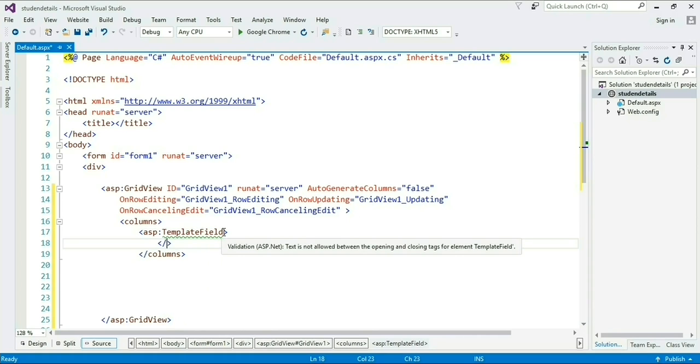I am taking a template field because I want to show more than one value of a data field in a single column. To accommodate this, grid view offers you a template field.